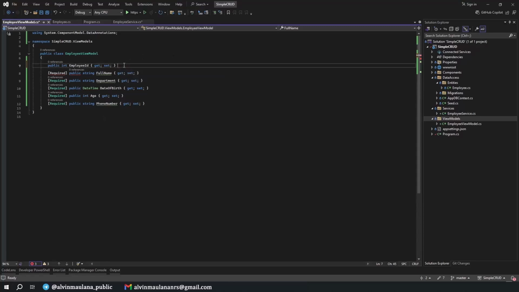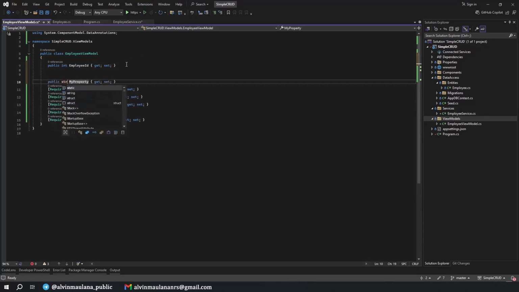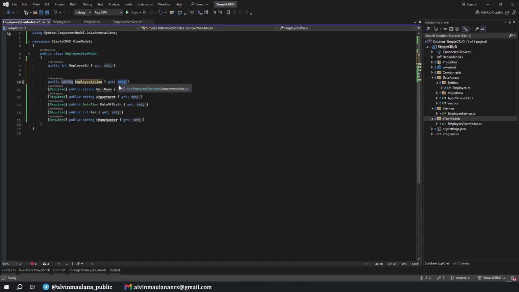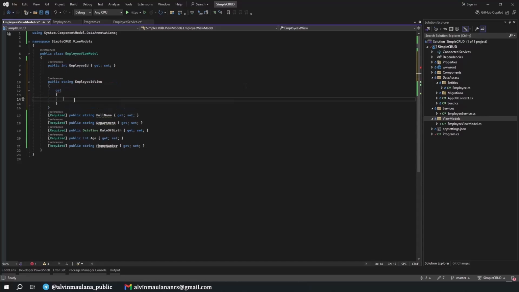And what we can do is have another property, string EmployeeIdView, and then we don't need to set it, because the set we need is only for EmployeeId. And then we can do it like this. Okay, maybe I clean up a bit, and we can just return EMP plus EmployeeId.ToString, and the padding on the left I type, maybe 4.